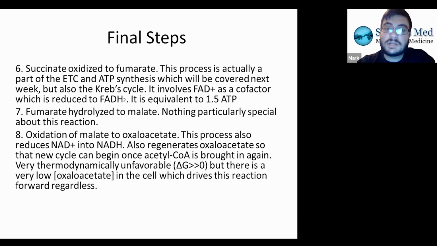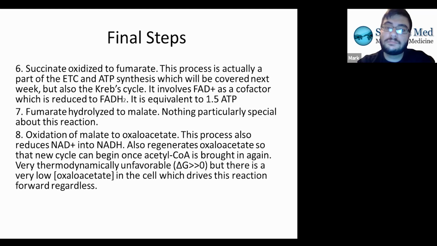Succinate is oxidized to fumarate. This process is actually part of the electron transport chain and ATP synthesis, which will be covered next week, like I mentioned, but it's also part of the Krebs cycle. So what that means is the enzyme that converts succinate to fumarate is inside the membrane of the mitochondria. Remember, this happens in mitochondria. It's embedded in the membrane of the mitochondria, and that's why it is both in the electron transport chain, which happens at the membrane of the mitochondria, so it's partially in, partially out, and it's also part of this